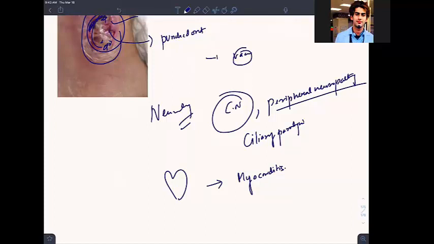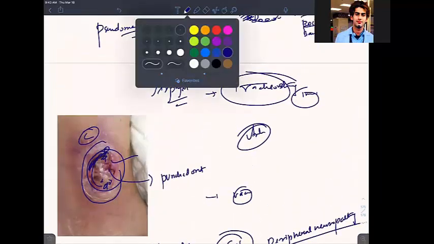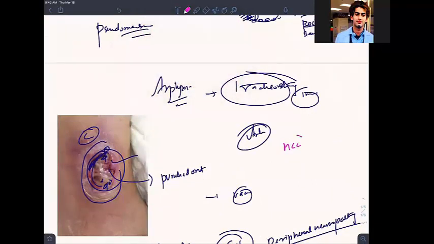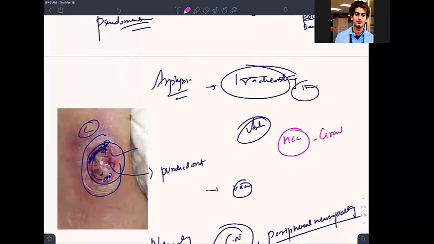Now, if I talk about the diagnosis, we have learned diagnosis, I think, isn't it? So there will be a question in the exam. What is the most common cause of death in diphtheria? It's actually myocarditis, circulatory failure. Circulatory failure. Okay. That is the most common cause of death.